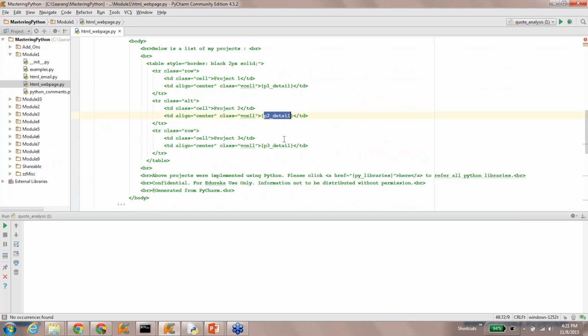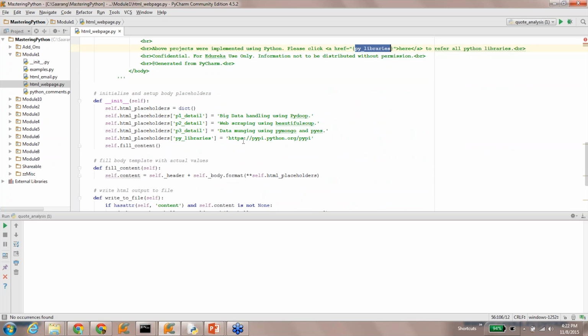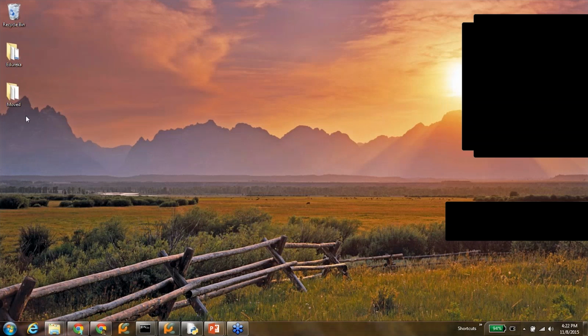So p1 detail, p2 detail, p3 detail should actually be replaced with the content, along with the py libraries, which is also a placeholder here in this template. We fill content, and then we build the content, saying add or merge header with the body, and then write this to a file. So if you notice, you do not see any web page or HTML file on my system yet, but if I run this,